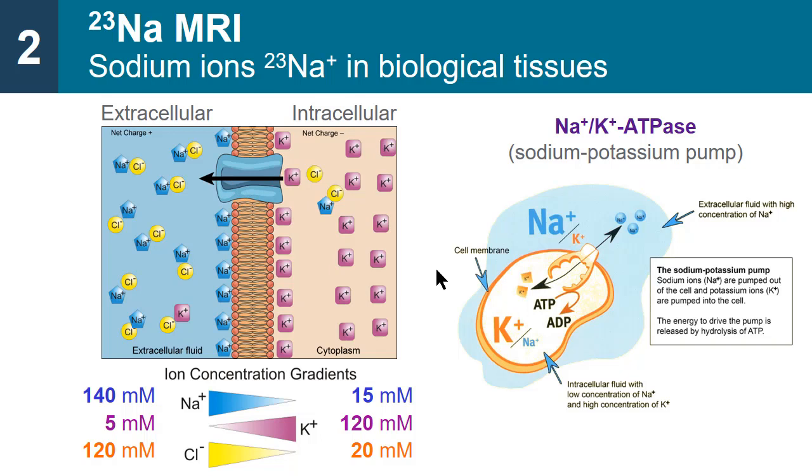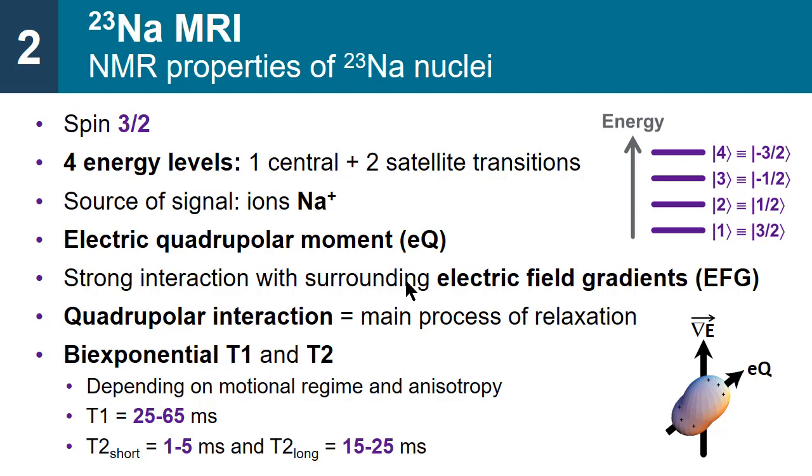And this is maintained by the sodium-potassium pump, which uses a lot of ATP. About 50% of the ATP in the cells or in the brain is used by this sodium-potassium pump to pump out the sodium and to pump in the potassium. So if you have any impairment in this pump, from some injuries, some disease, some dysregulation, you can expect a large increase of sodium inside the cells that could be characteristic of some impairment.